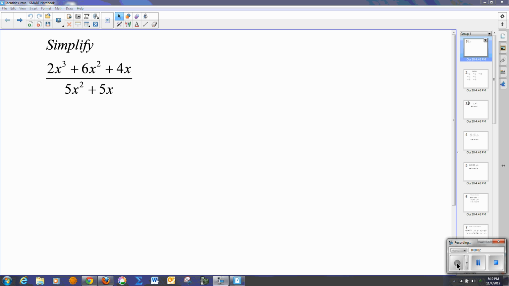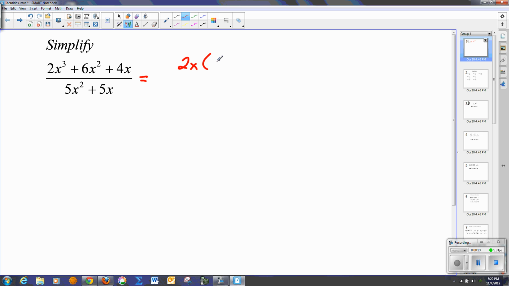The topic of the day is trigonometric identities, but we're going to start with a little review. We're going to simplify this algebraic rational expression. In other words, get it to its lowest terms. In order to do that, I'm going to factor like we normally would, pull out the greatest common factor,